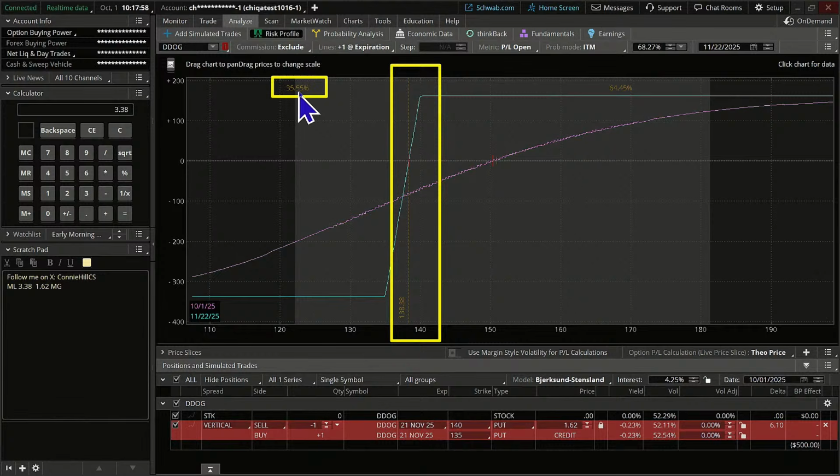Well, it's telling us there's a 35.55% chance that the price of the stock by options expiration date is going to be basically on this side of our price slice, which just runs right here. Okay, well, what does that mean? Well, it also means that we have a 64.45% chance that this stock will be in a price range where it means success in the trade, right?